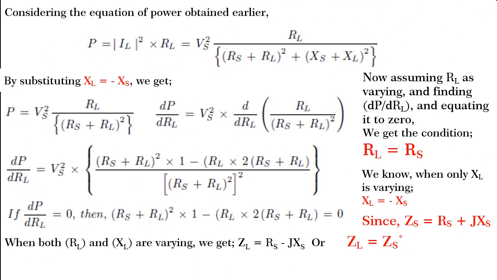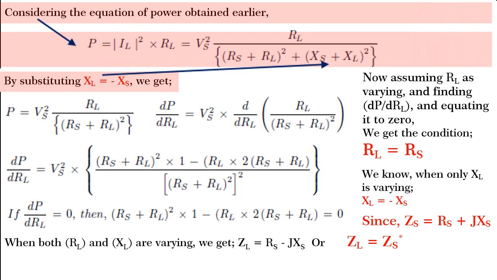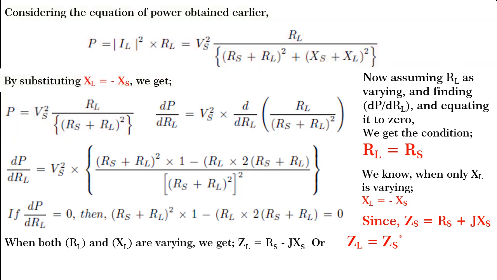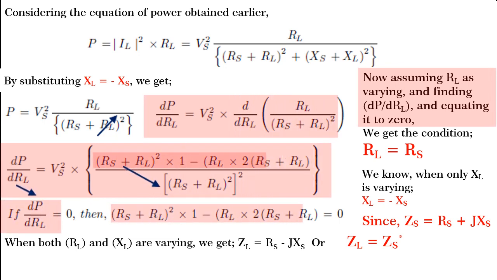Friends, next, considering the equation for power and substituting XL is equal to minus XS and solving, we get P is equal to Vs squared into RL divided by (Rs plus RL) whole square. Now, assuming RL as varying and finding dP by dRL and equating it to 0, we get the condition RL